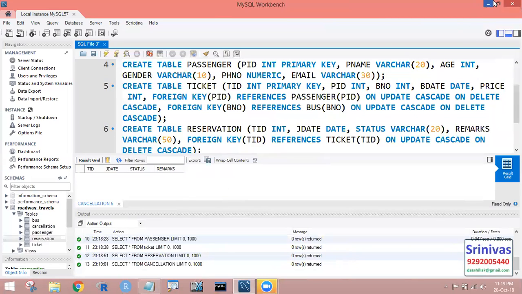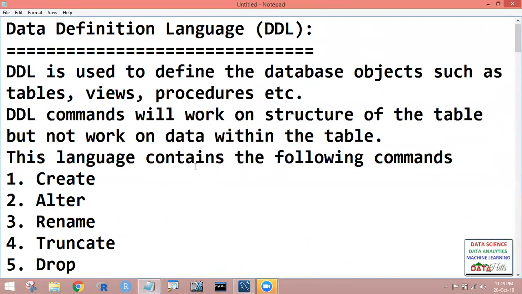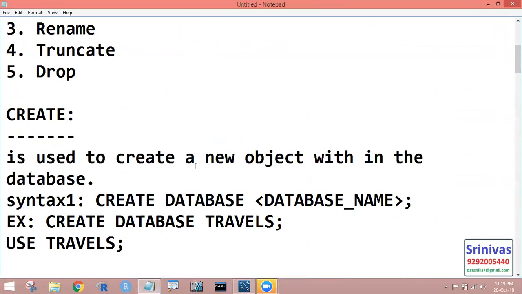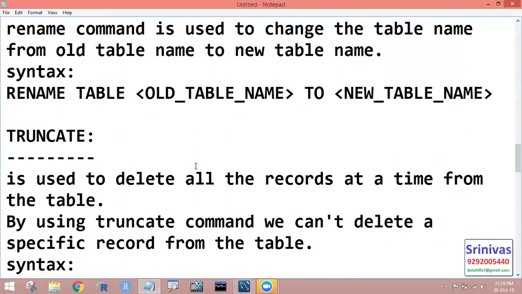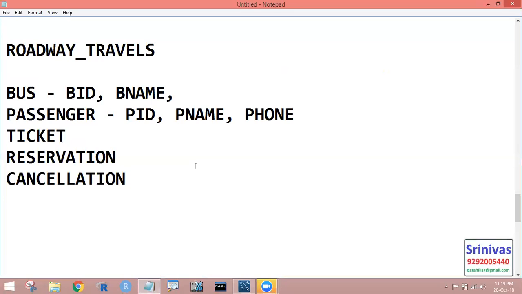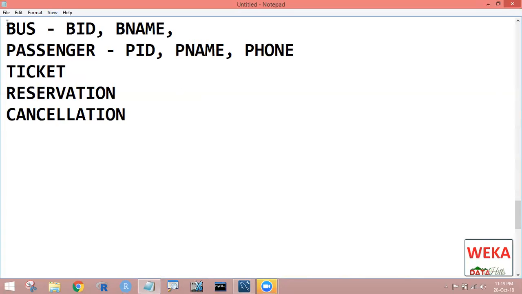Now we created one database, that is the roadway travels database. In this, these are all the tables. In this session we discussed what is DDL, data definition language, how it is going to work, what are the commands. Each command we observed with syntax and example: how to create, how to alter, how to rename, how to truncate, how to drop. And finally we created the roadway travels database, right? Before that we designed one entity relationship model. Based on that model, we designed this database: bus, passenger, ticket, reservation